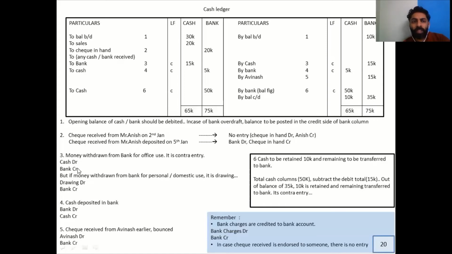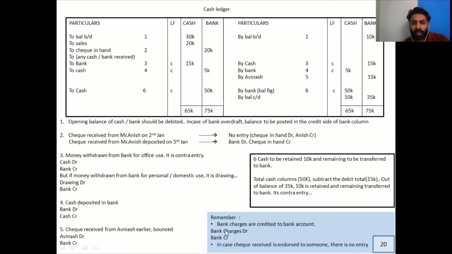What we learned now is exactly the same as in the third transaction, but indirectly they have told you that. So when I wrote 50K in the credit side, immediately I have to say to cash 50K in the bank column, and I have to write the word C. So this is what the whole chapter is all about. You will not get all these tricky transactions together. Most of the transactions would be simple. In between, they might ask you one or two of this. But if you understand all these six, as I told you earlier, you're done with this chapter.